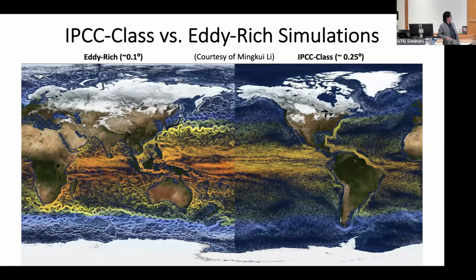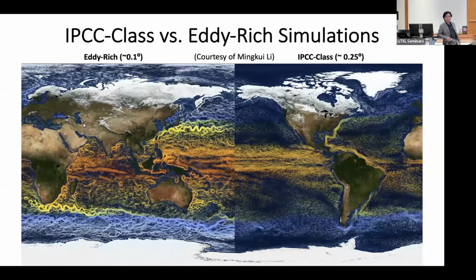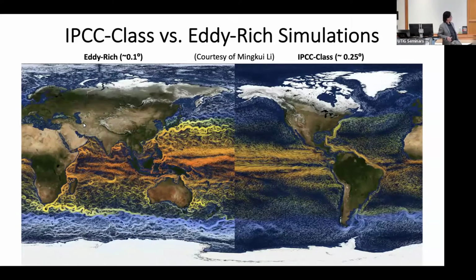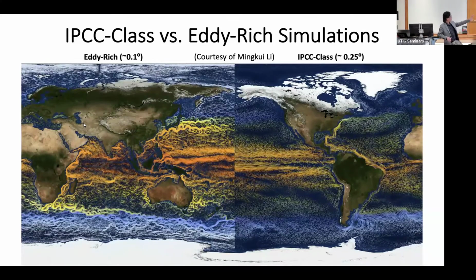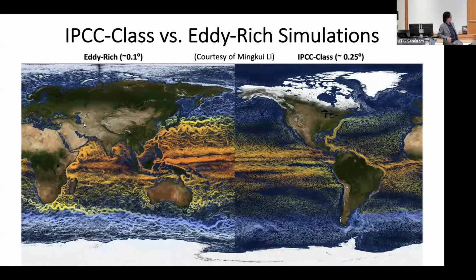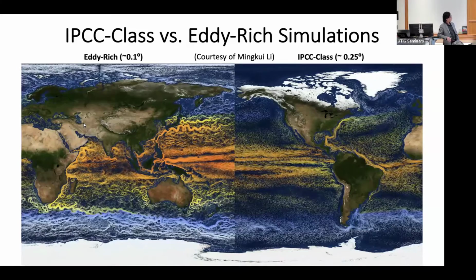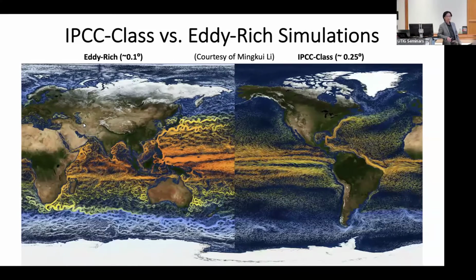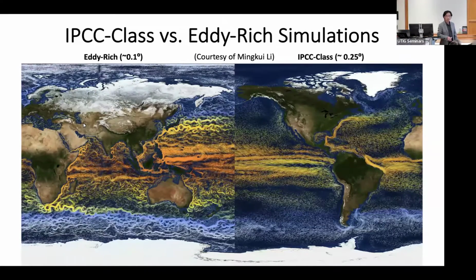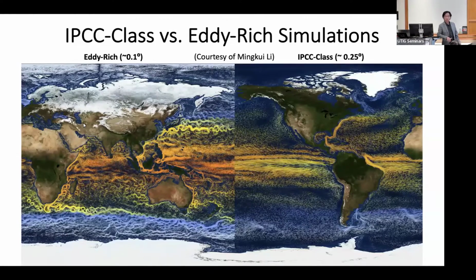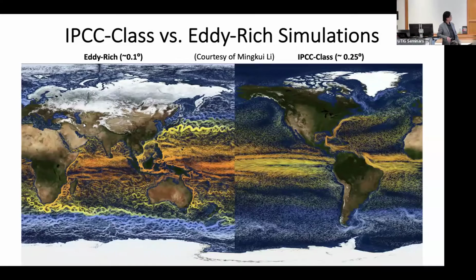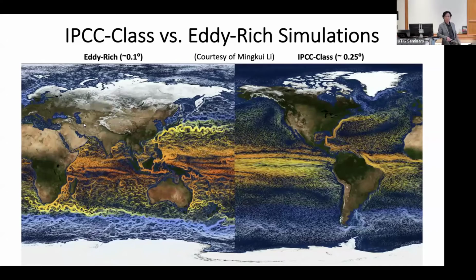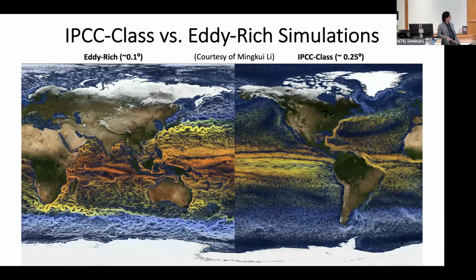So just to give you an eye candy view of the picture, I'm gluing 2 animations together. On the left is the high resolution version of the model. We're looking at the Western Pacific and Indian Ocean. On the right side is the standard low resolution model simulation, right? So you can see there's a huge difference in the ocean circulation structure. The high resolution model gives us a lot more mesoscale eddy activity and lots of new features which we don't get in the low resolution model. I'll come back to this point. It turns out this is actually a very important issue with the climate model.